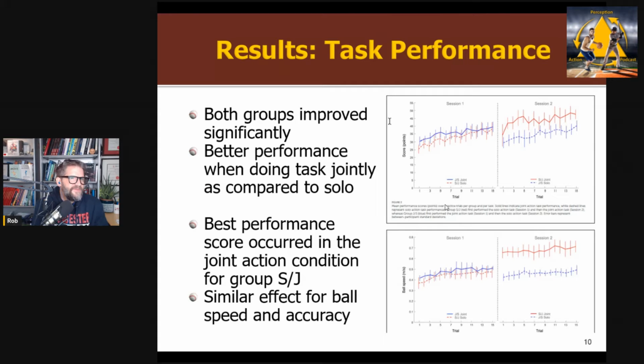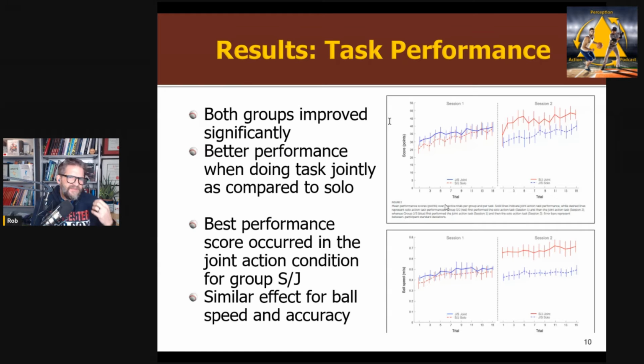So if we look at the results in terms of score, what you find is everybody improved over practice, okay? There was a general pattern. People performed the task better doing it jointly than solo, no matter what, whether that was first or second. They always performed better when they were doing the joint task than when they did the solo task. But by far, the best performance occurred in the condition where people were doing joint action in the participants who had got to do the solo first. So move from S to J, solo to joint. That was the best scores we see, as predicted, right? That's where you can see the best coordination. We'll get to why in a second.